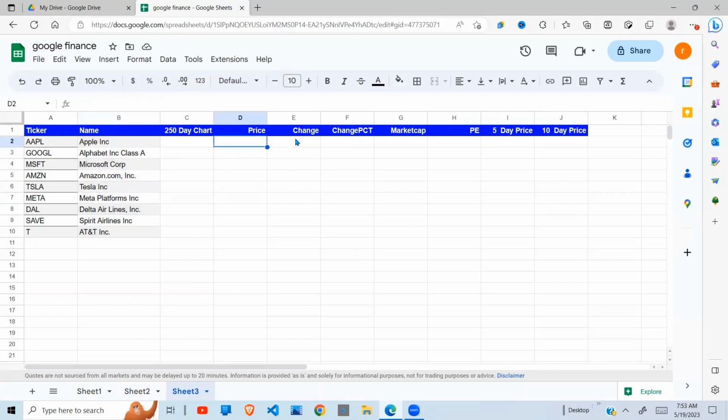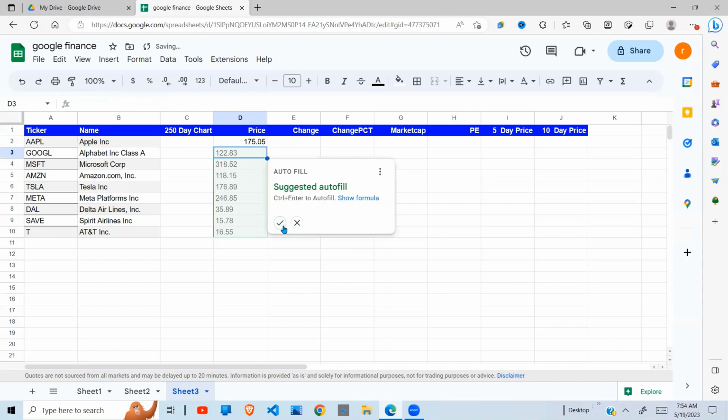Now I want to go ahead and get the price, the change in price, the percentage change in price, market capitalization. The function is almost the same. You just say GoogleFinance, then the ticker, which is this one. Because I'm going to copy across, I need to lock my column like so. I lock my column there because I'm going to copy this across. I also need to reference the cell above, and also going to copy across. But when I copy across, I don't want my row to change. So I need to lock the row like so